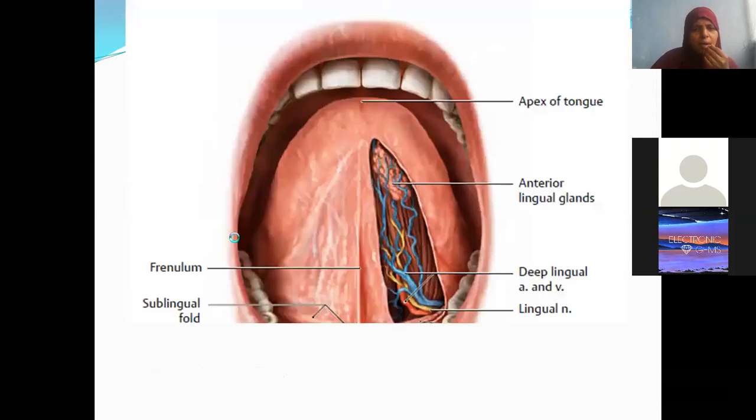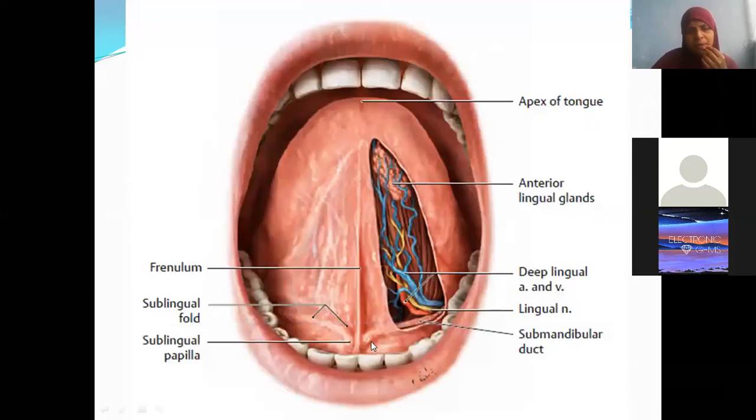Now coming to the inferior aspect of the tongue, it shows one midline mucosal fold, which is called the frenulum, and on either side of the frenulum we have folds called plica fimbriata. Then on either side of the frenulum, you will see we have lingual veins. That's the reason the drugs are put beneath the tongue, if you have ever observed.